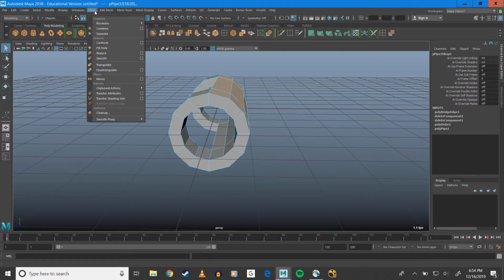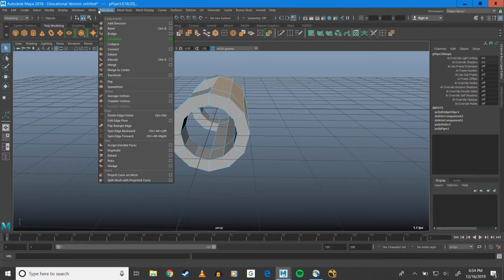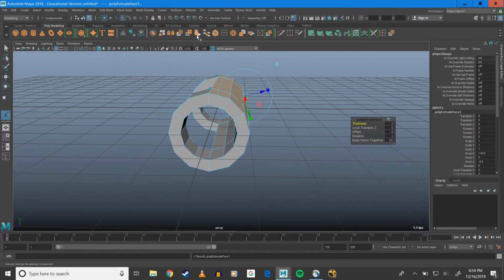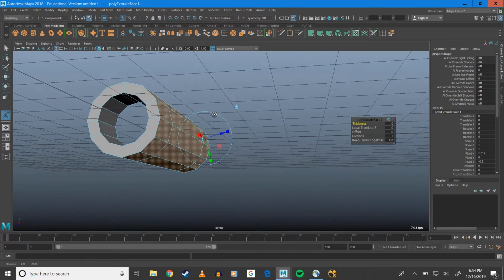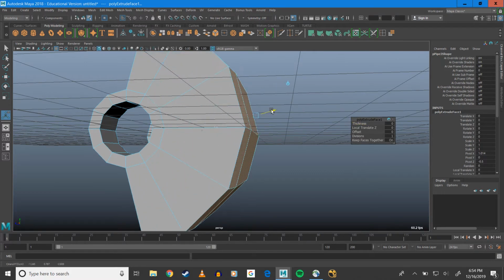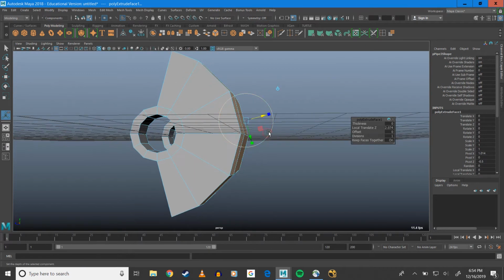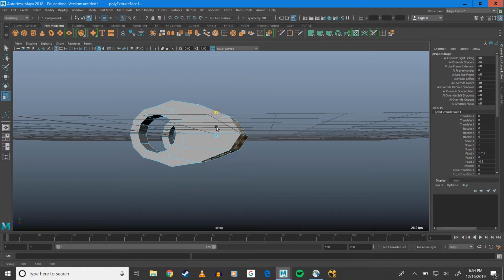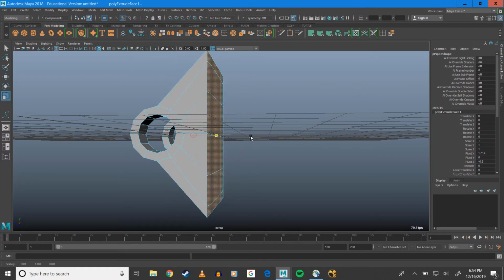So if I go up to mesh, edit mesh, and then extrude, or you can use the shortcut from your shelf, of course. And then if I try to extrude using just the extrusion tool, you'll see that it'll come out like this. And even though I can now use my scale tool and scale things in to be level how I may want them, like so,